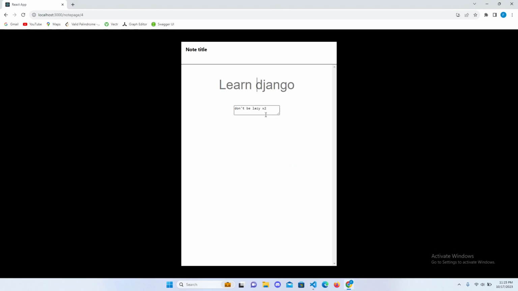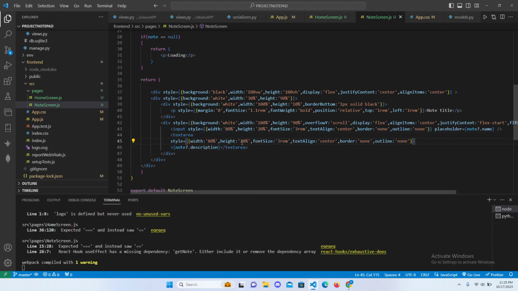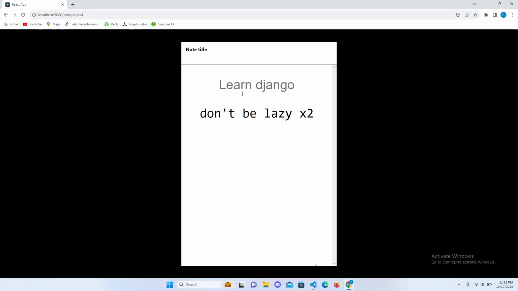Okay, let's do the same with the textarea too. So copy this one, paste right here. This one should be a bit bigger, so the input is 20% and the textarea is 80%, let's say 80%. And now you can see that we can